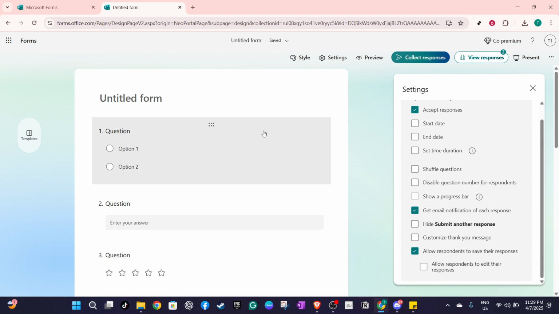And there you have it. By following these straightforward steps, you've now successfully set up email notifications for your Microsoft Forms. This will help you remain updated and engaged with the form submissions, keeping everything flowing smoothly. Remember, if at any time you need to adjust these settings, you can return to the settings menu to make